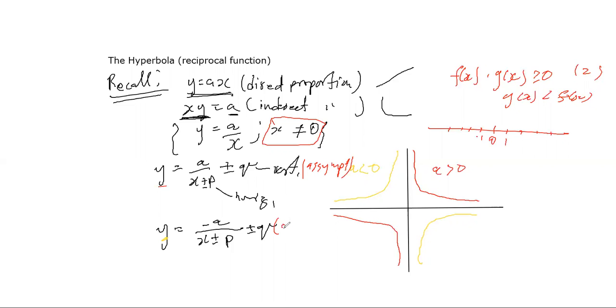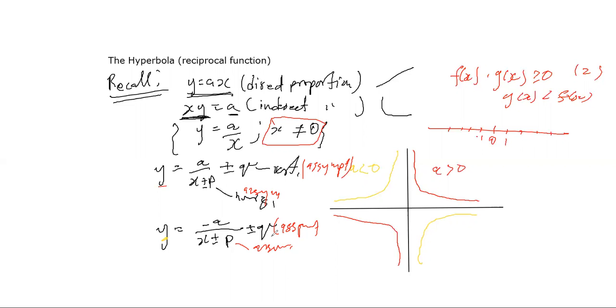That is also an asymptote. And that is also an asymptote. That is also an asymptote. So wait a minute. How does the hyperbola differ from the straight line and the quadratic function, from the linear function and